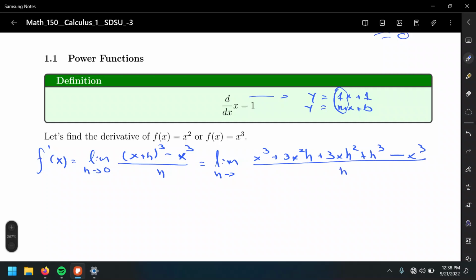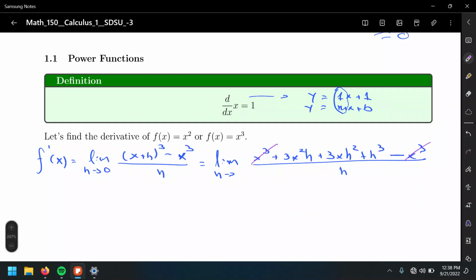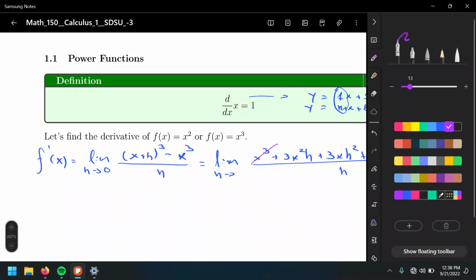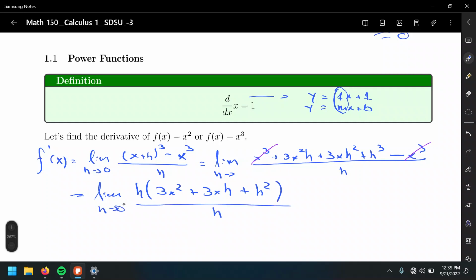over h. And let's see, the x cubed and negative x cubed cancel each other. This is going to leave us with, we can factor h out here: the limit of h times (3x squared plus 3xh plus h squared) over h, and that's going to leave us with the limit of 3x squared plus 3xh plus h squared